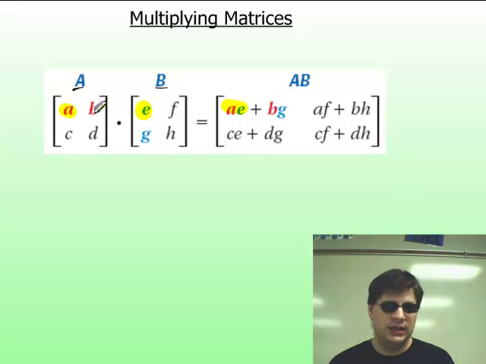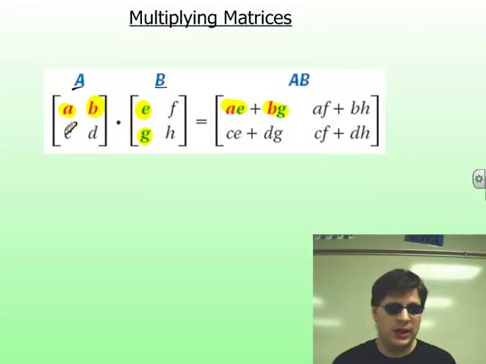Then we're going to take the second element in the first row of A and multiply that with the first element in the second row in B. And we're going to add that product to AE. We continue that process